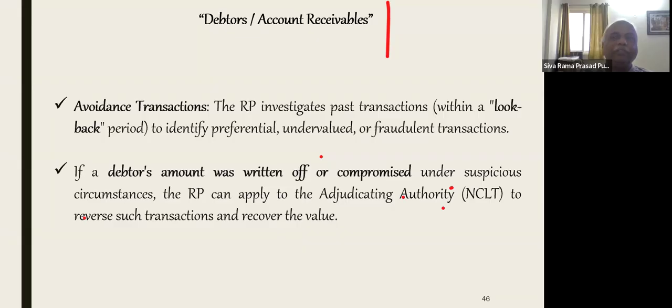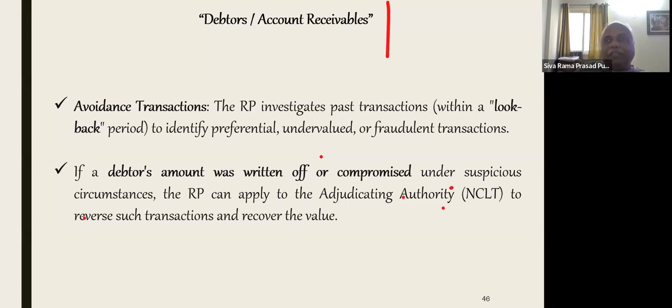Particularly in this account, because I have supplied 2 crores worth of raw material of my product to a friend's company. Anyhow, next month the NCLT may admit my application. In the meantime, that 2 crores is written off. Once it is written off, it is not reflected in the outstandings.